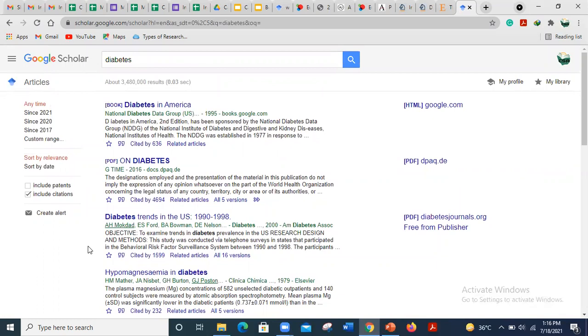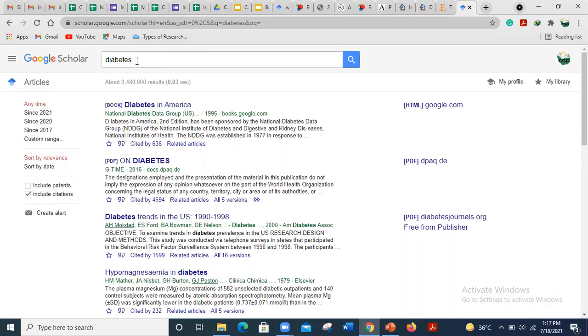But here are some other things. Some people say that they can't find data about their research topic on Google or any other search engines. The reason is that you are searching the complete title, and it's very difficult to find the complete title. You can find your data by using different keywords. Like if I'm working on a research topic, the role of receptor in type 2 diabetes, and I type this specific topic on any search engine, it may not give me a specific type of data, but if I search diabetes, it will give me data.